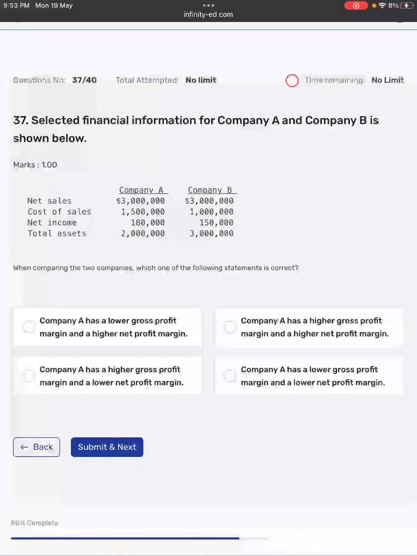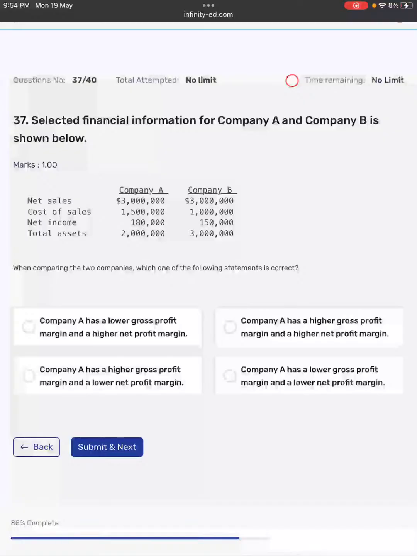Okay. Now in question number 37. Okay. There are two companies given, A and B, and net sales both given, cost of sales also given, net income given, total asset also given for both companies. When comparing the two companies, which of the following statements is correct? Two companies we are comparing. Okay,